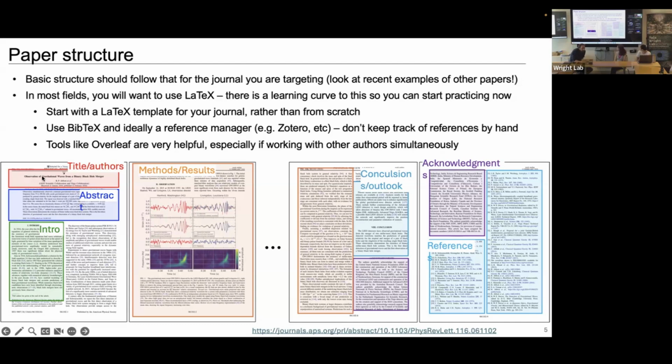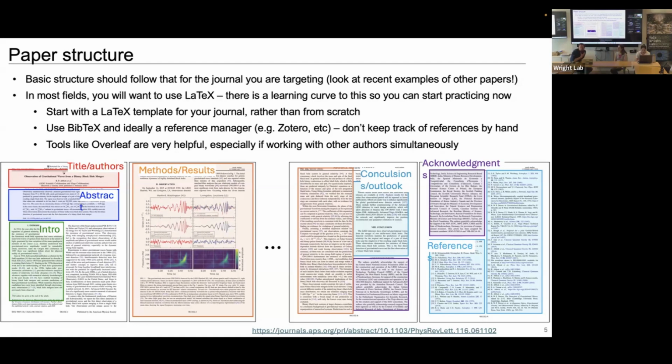You have a title, abstract, and some introduction giving the context for the work. But then the bulk of the paper, and I'm skipping 8 of those 10 pages here in the middle, is really the methods and the results, the plots, the things you want to convey. Figures are really worth 1,000 words, and you can't put too many figures in a journal paper, so picking the right figures that convey the right things is a crucial bit of writing a paper.